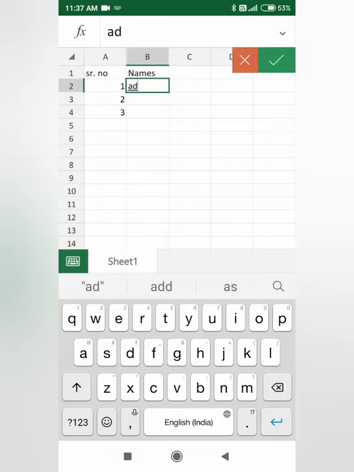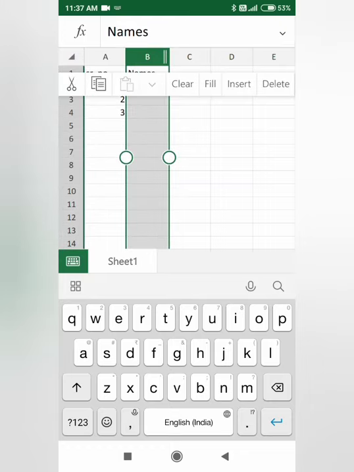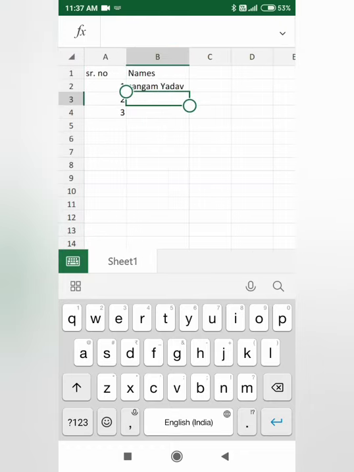First, Sangam Yadav. First we write this. I am writing this because I want to explain to you how to write. You can write anybody's name that you want.